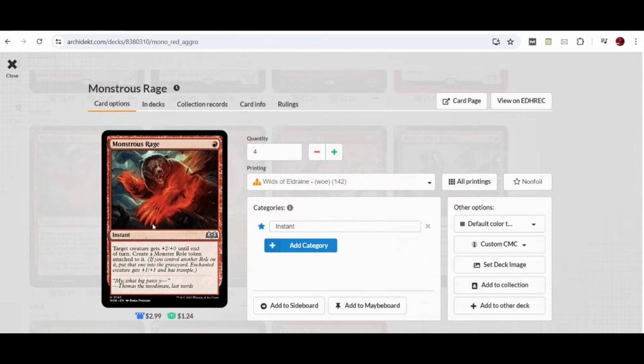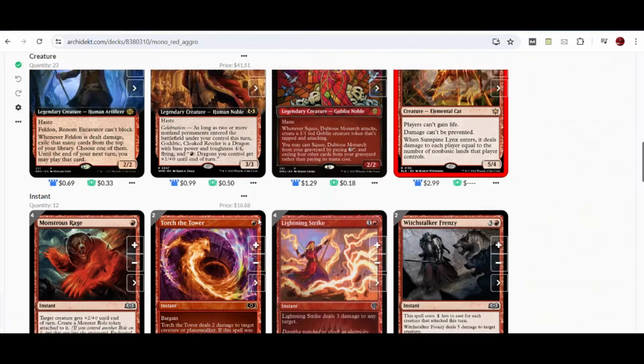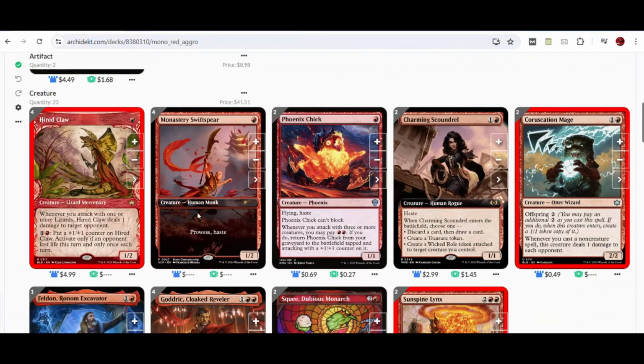And of course, 4 copies of Monstrous Rage, which is again a very efficient way to get your opponent yet a huge chunk of damage through the +2/+0 and creating a monster roll token attached to it. So to take note that prowess effects would also have a bonus pump on your creature, at the same time get you a monster roll token attached to it, making it a 3/3 or a 2/3 for example